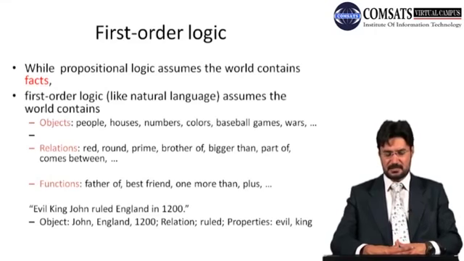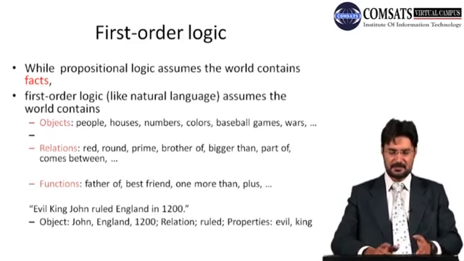If we take a small sentence, evil King John ruled England in 1200 century, then how can we take the objects, relations and properties of it? We can make this out of many